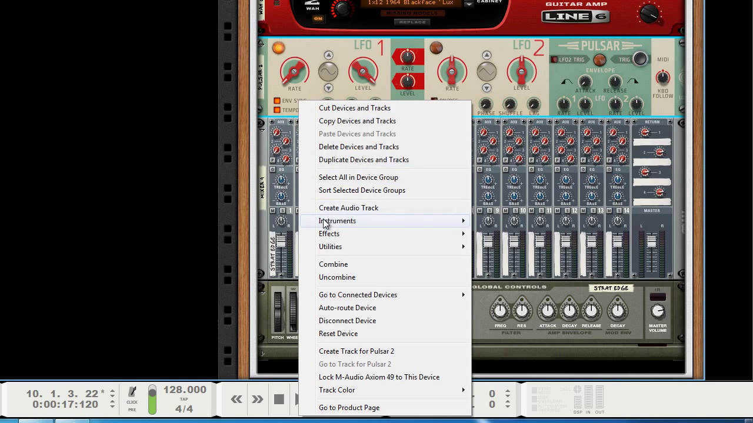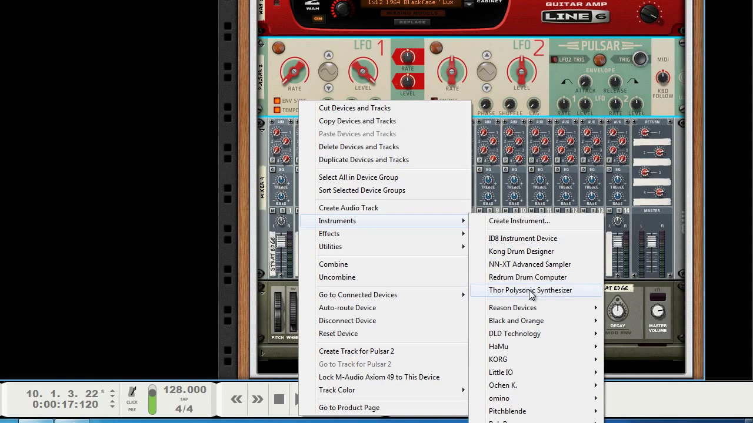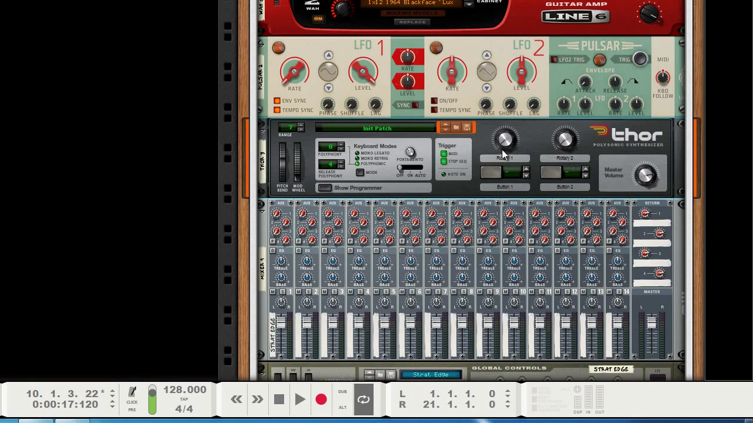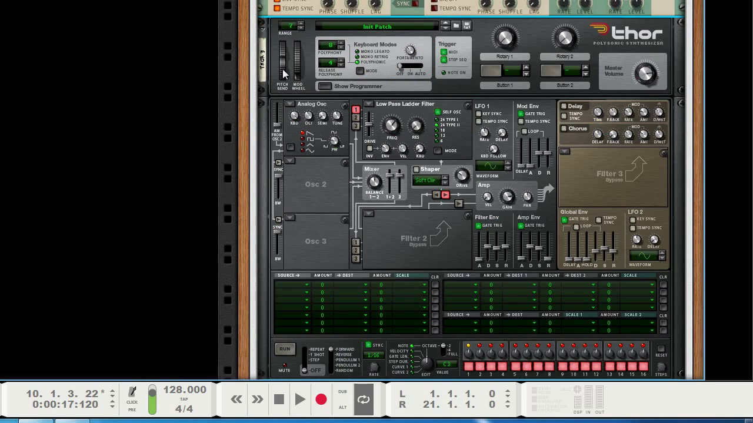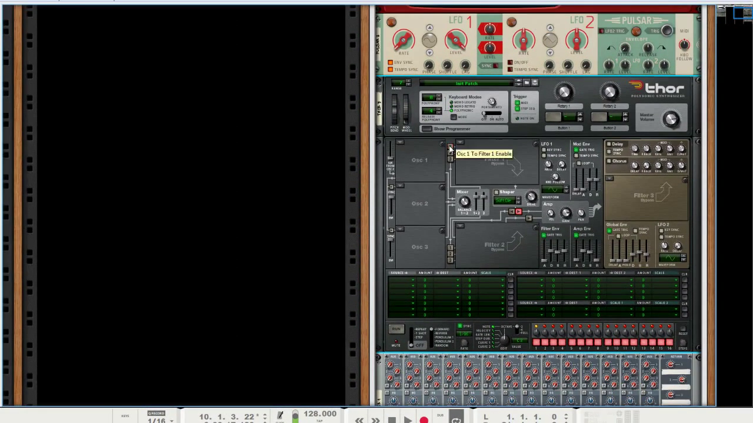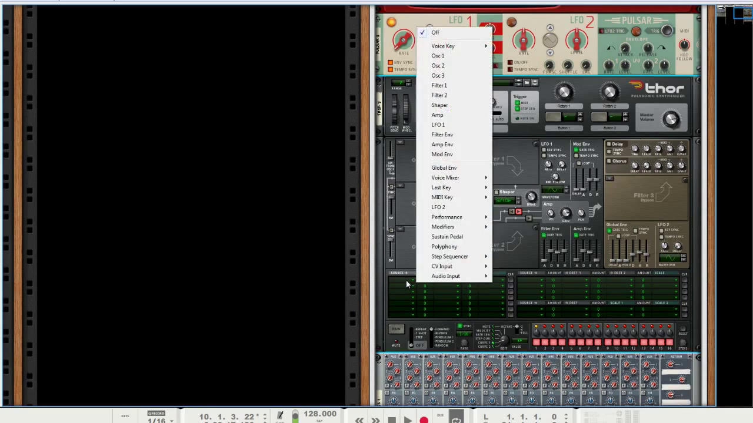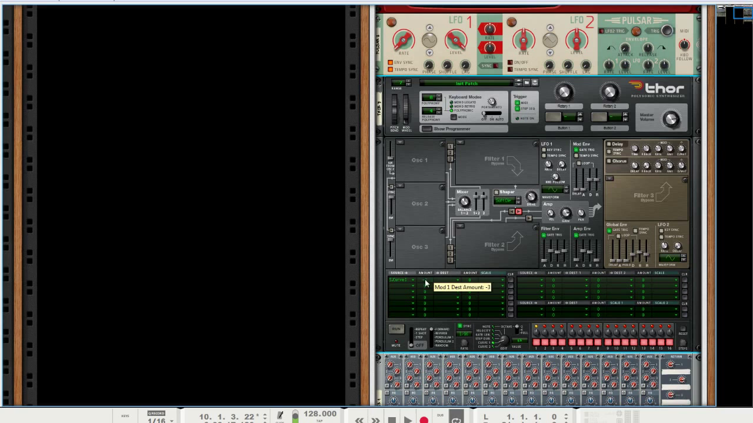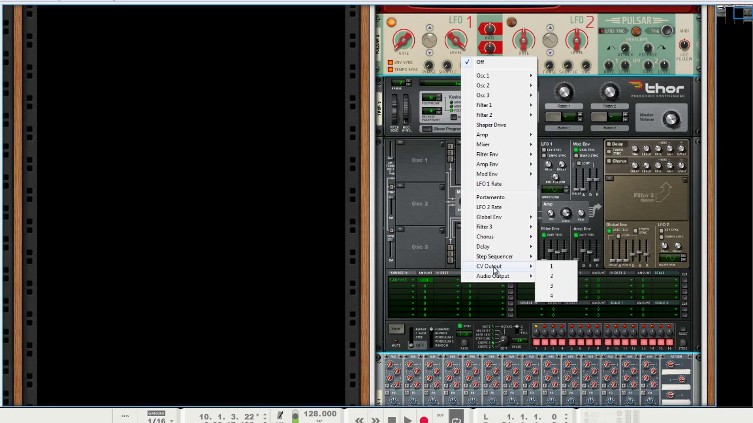And to do that, I'm actually going to add a Thor. And I don't need a patch here. I'm going to go ahead and turn off my oscillator 1 and bypass my filter, because we're not going to be using them. I'm basically using the curve 1 from Thor to do the modulation. So I'm going to go step sequencer, curve 1, increase the amount,